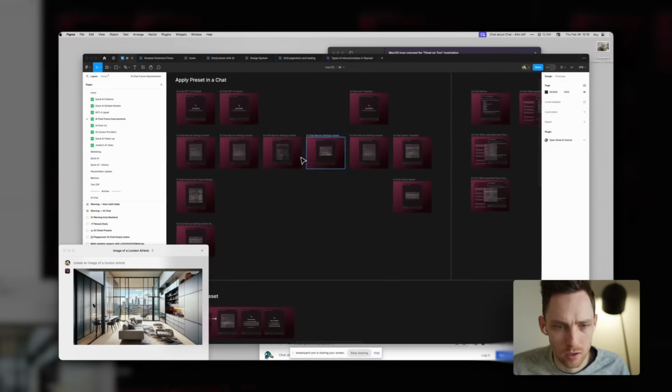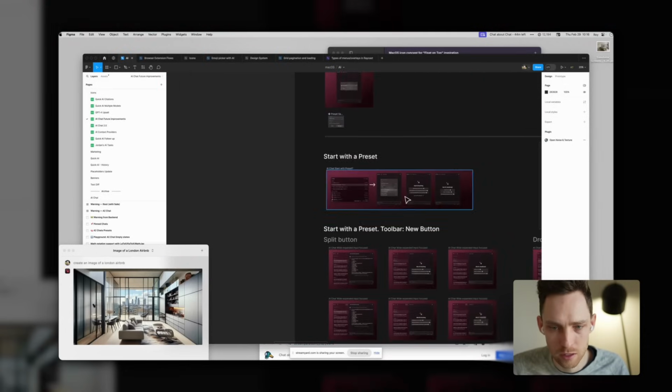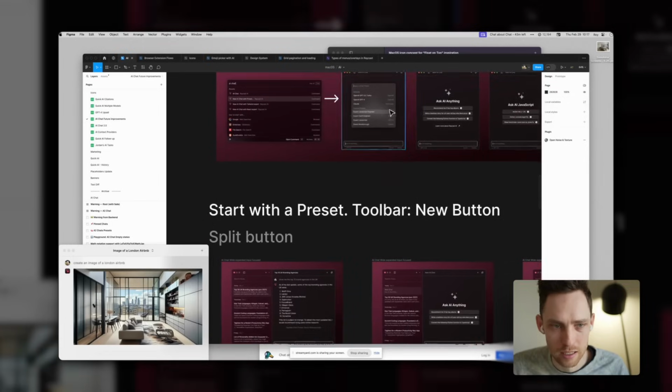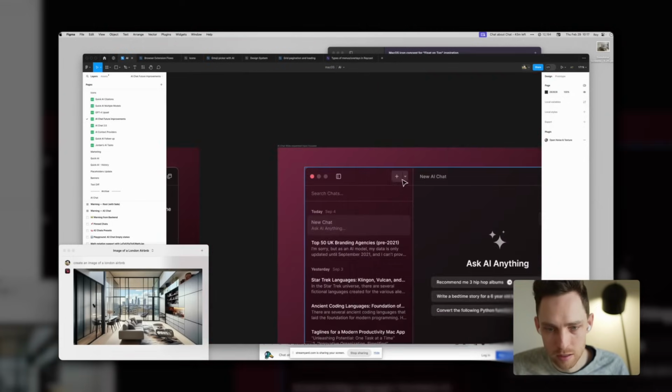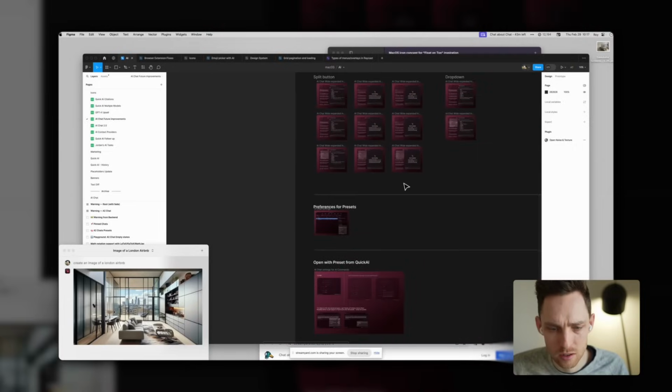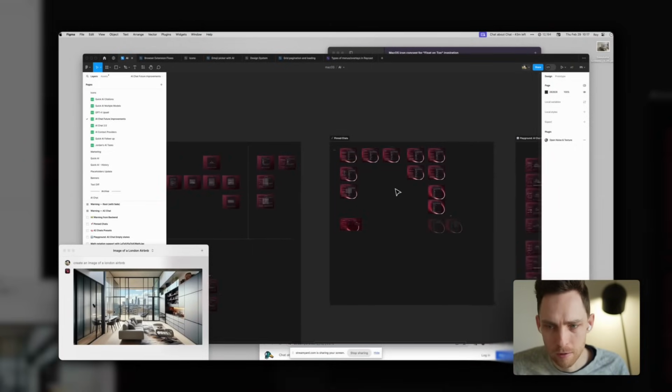Presets. So you apply a specific preset for an assistant, or you start with a specific preset, maybe either from root search or from a split button like this. This is all still sort of to be defined, a bunch of explorations, but yeah,